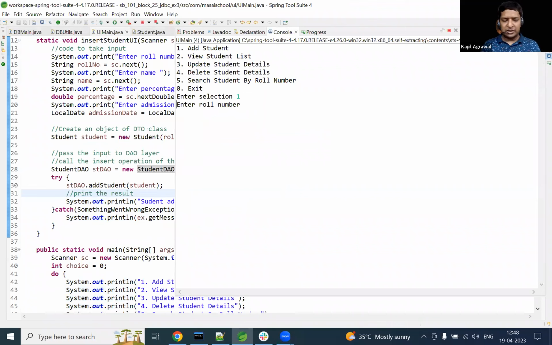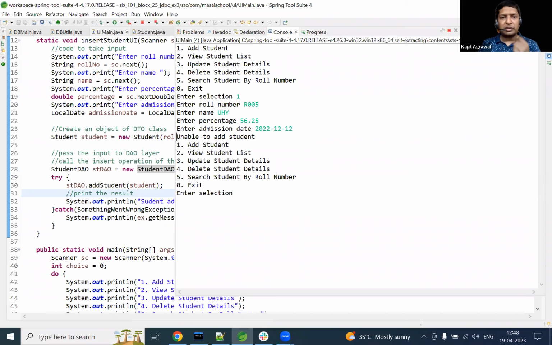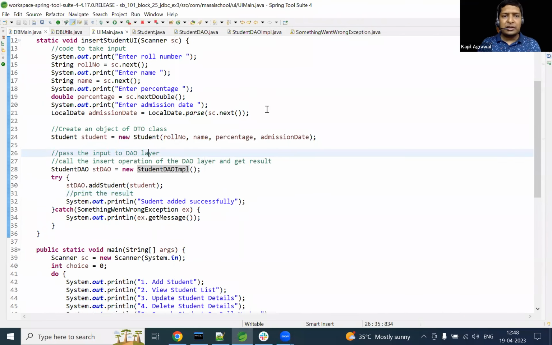Value is 1. It is asking for roll number. The value for roll number I am writing is R005. The value for name I am writing is some random name. Percentage we are writing is 56.25. Then the admission date, 2022-12-12, hitting enter. It is directly showing me the message that it is unable to add student, which means actually there is something wrong in the